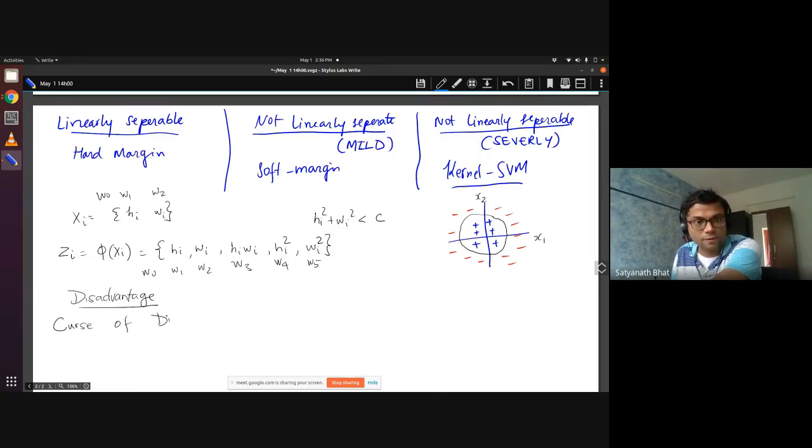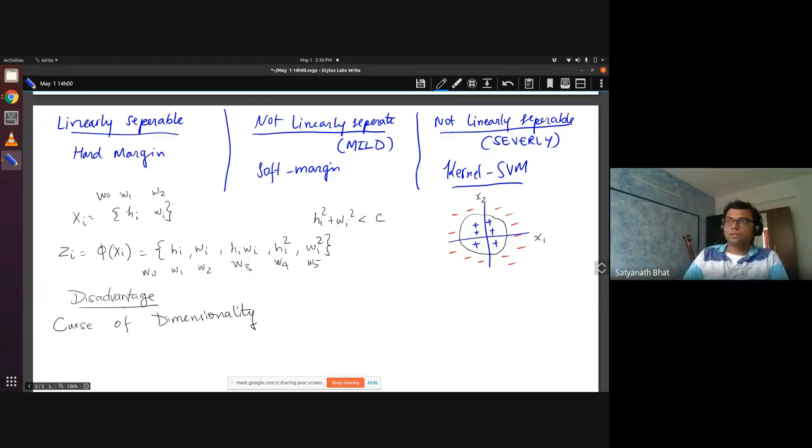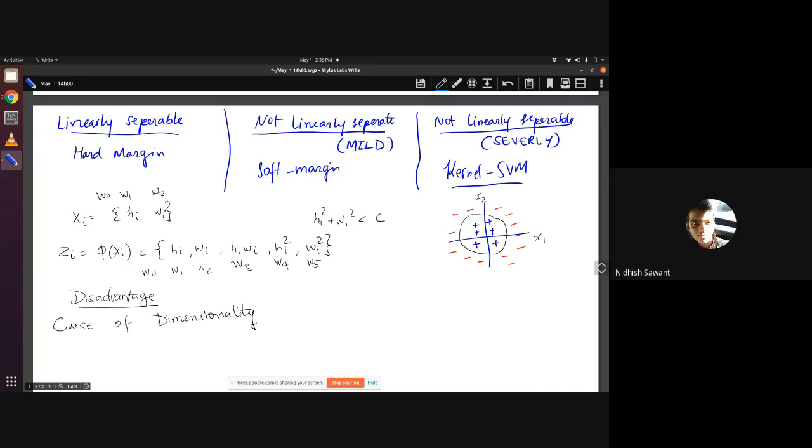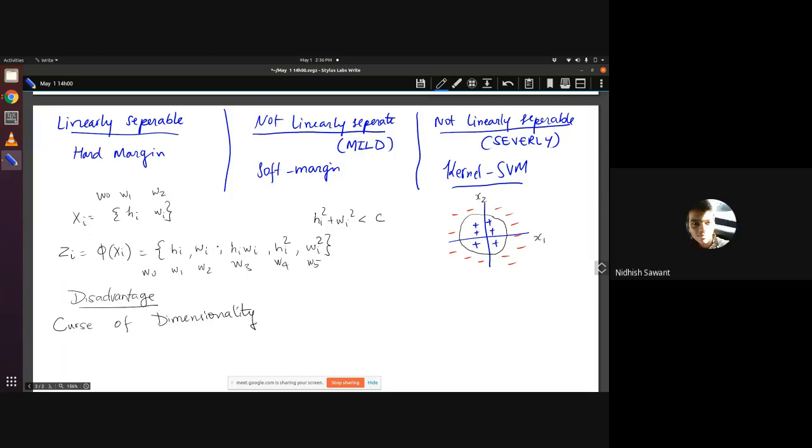Okay. So I have a doubt. Yeah. So in place of all these new 3 features, why can't we just add one more feature, which is the z-axis? For maybe the positive examples, the z will be 1, and for the negative, it will be 0. So what feature you want me to add? So instead of the new 3 features, hi, wi, hi square, wi square, I'm saying that we can add only one feature, zi. Okay. And that zi will be 1 for the positive and 0 for the negative examples.